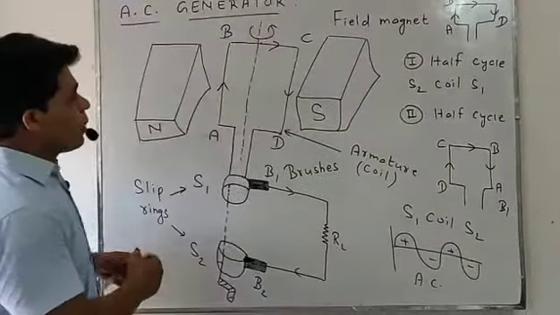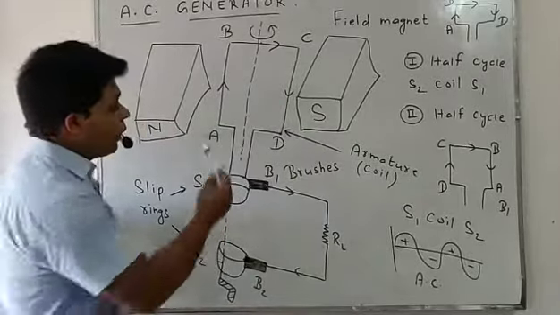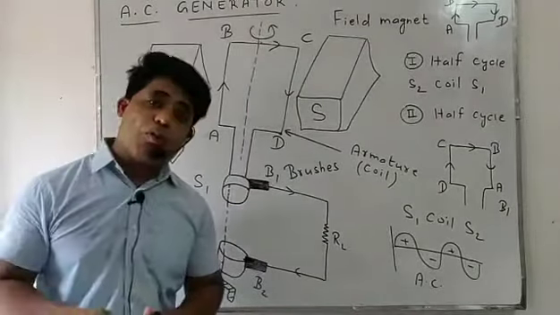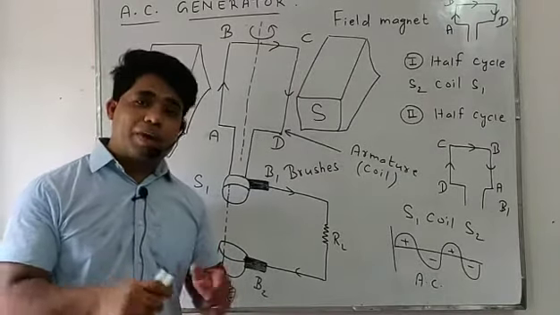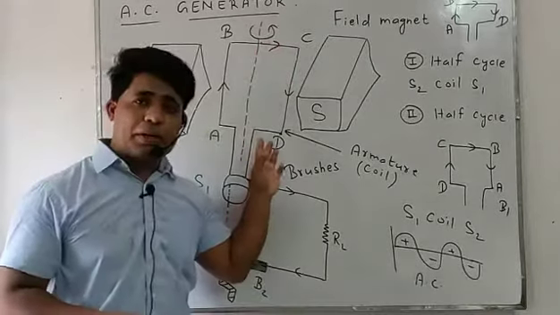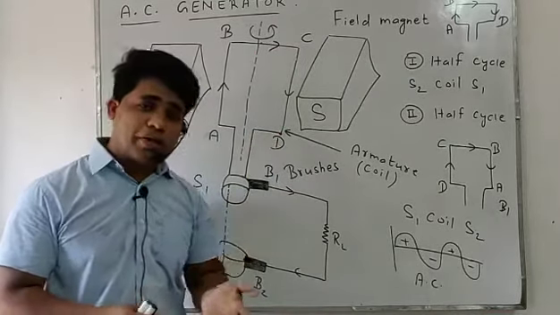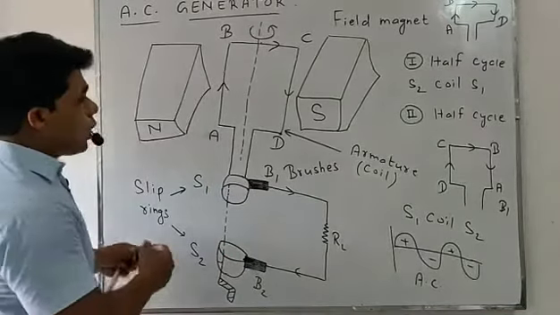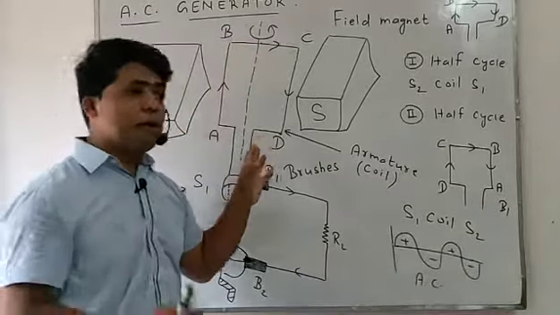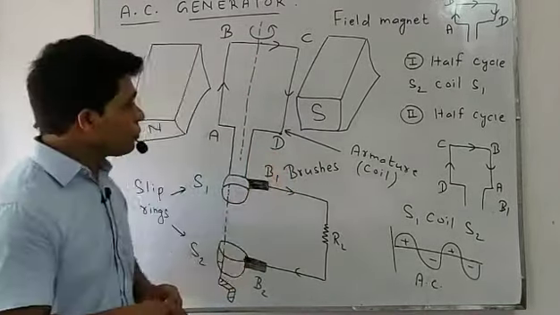This armature coil consists of a rectangular coil A, B, C, D having a large number of copper turns, okay, that are well insulated from each other, and the coil is laminated in order to avoid the energy loss due to eddy current. So our first portion is the armature coil A, B, C, D. It is made of a soft iron core on which copper wire is wound.